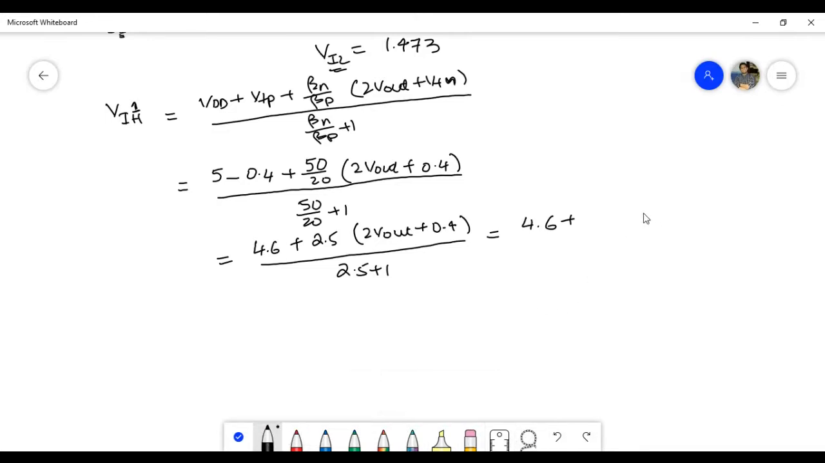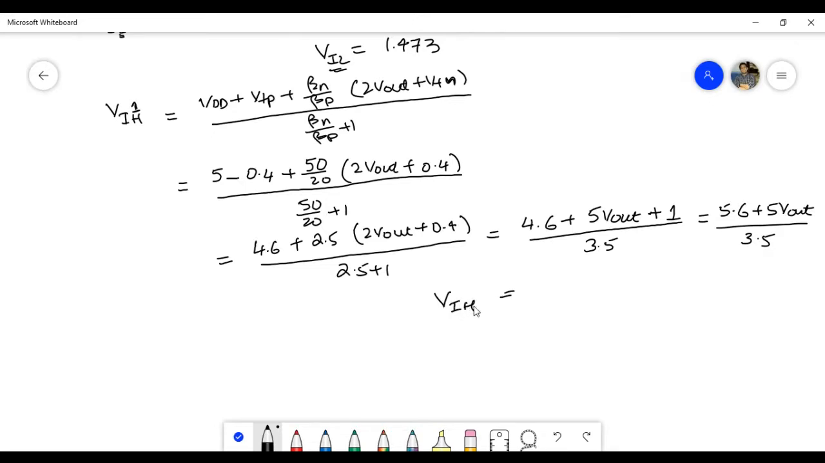2.5 the 5 V out plus 2.5 into 4 is 1. 1 by 3, 3 point. So it will be 5.6 plus 5 V out by 3.5. But divide 5.6 by 3.5 will be how much? So this will be